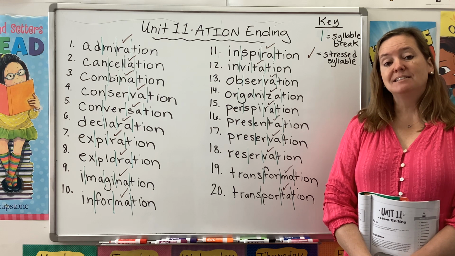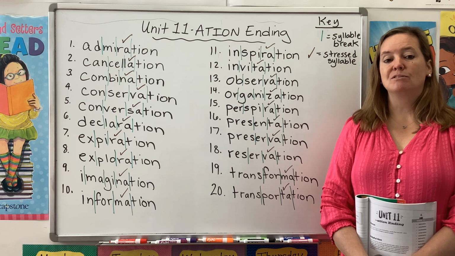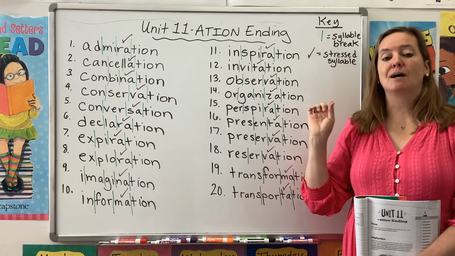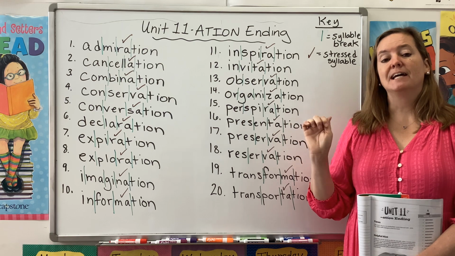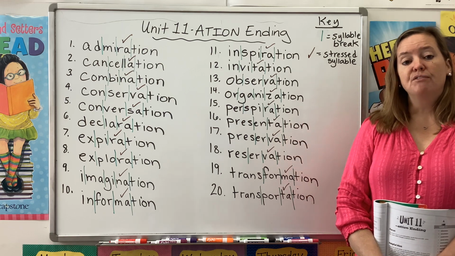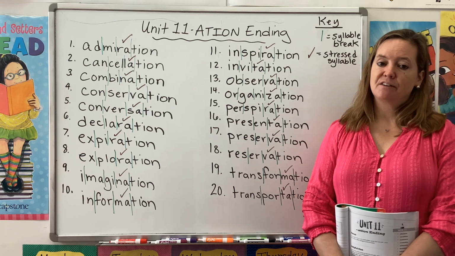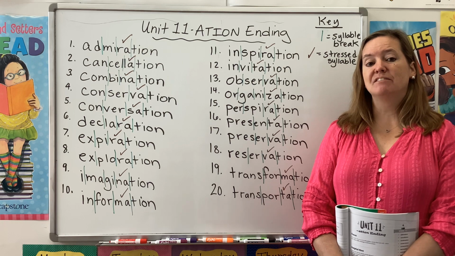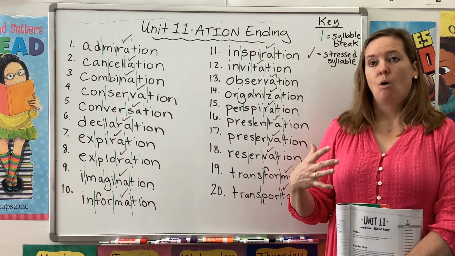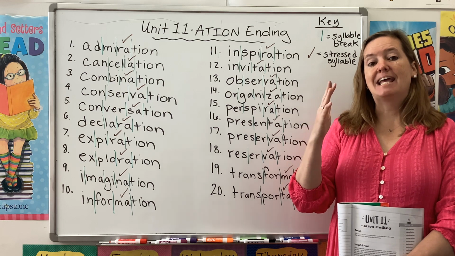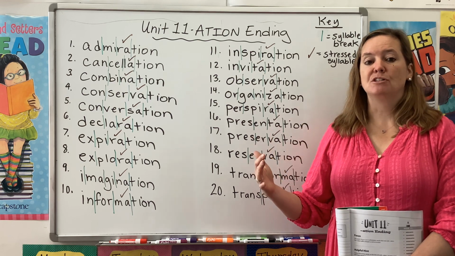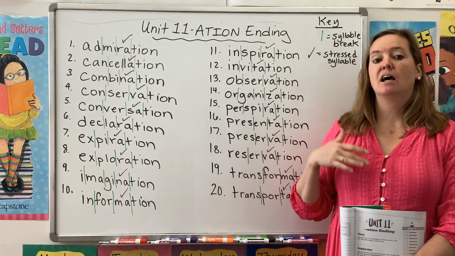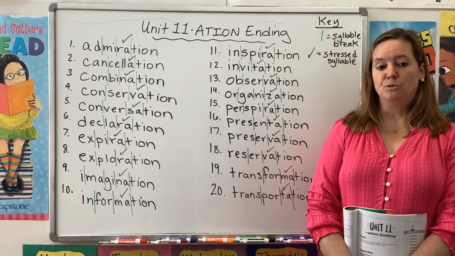All right, so for the last several weeks, we have been learning about derivational suffixes. Those are letter combinations that we add to the end of a word that change its part of speech. So for instance, last week, we looked at the derivational suffix OR, and we found out that when we put that at the end of a word like illustrate or direct, it takes those verbs and turns them into nouns. So an illustrator is a person who illustrates. A director is a person who directs.